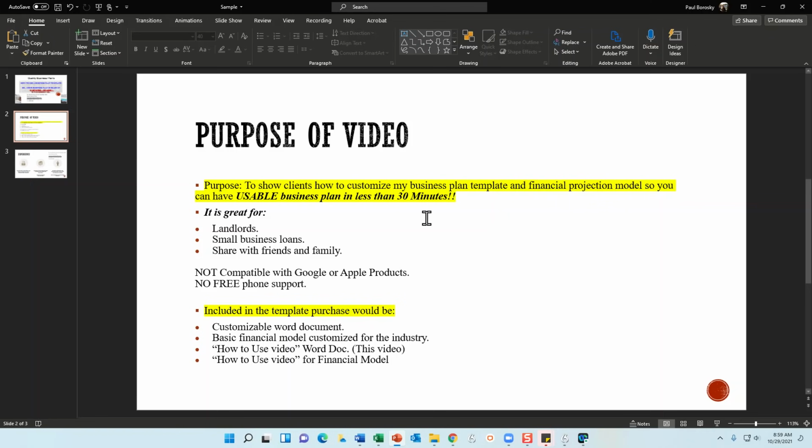I do put some statistics and some information in there, and I will briefly go through the financial model that is, in general, what you should expect from the template regardless of industry. Also, you're going to get a how-to-use video for the Word document. This is the video where I'm going to walk you through the